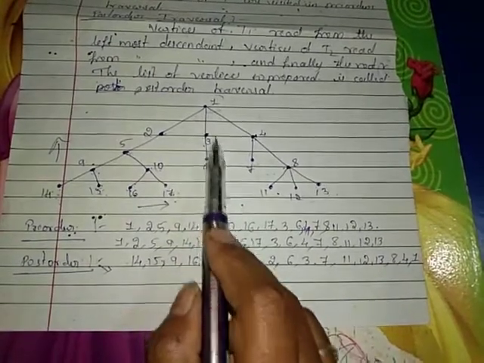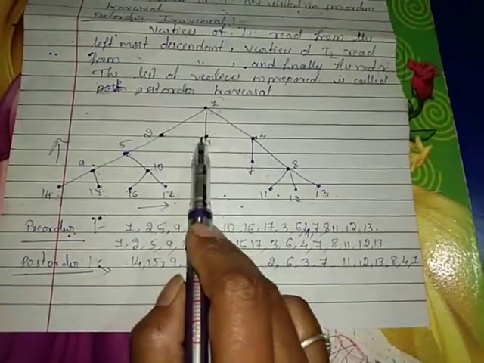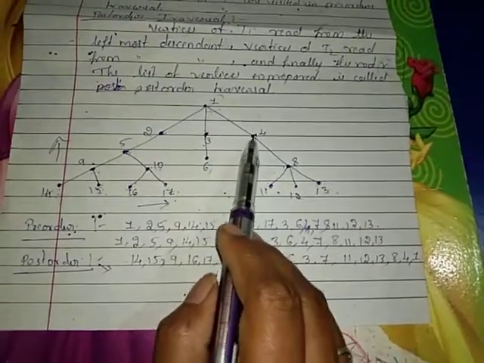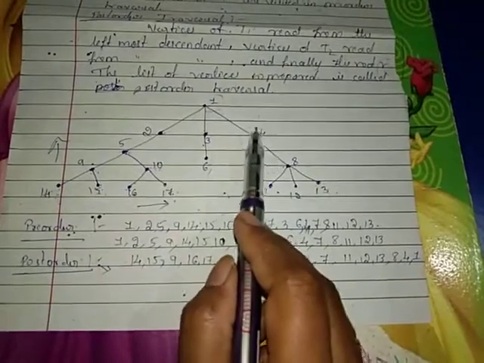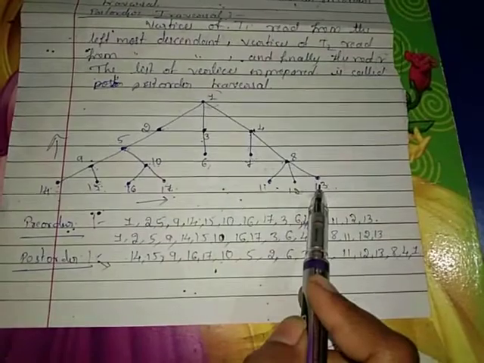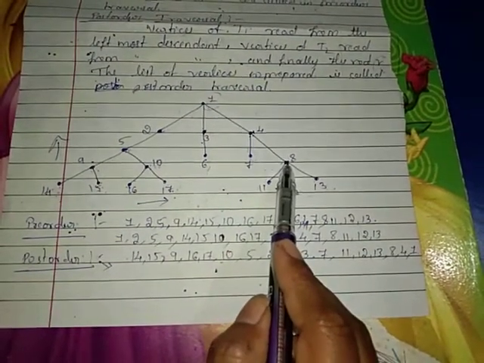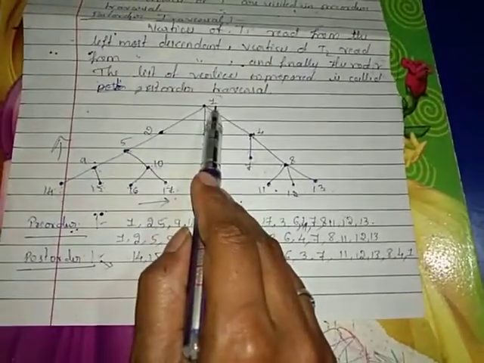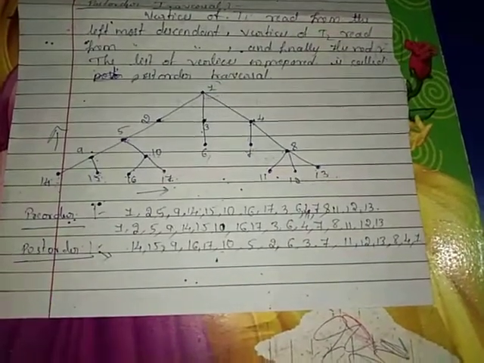Before writing the 3, the leftmost descendant is 6. 6 and 3. Next we move to the third subtree of the 1, that is 4. For the 4, on the left side, the descendant is 7. Again for the same 4, the leftmost descendant vertices are 11, 12, 13. For the 4, one more descendant vertex, that is 8. And then 4. And then at the last we have to write down the root. That is how to write down the pre-order and post-order traversal.